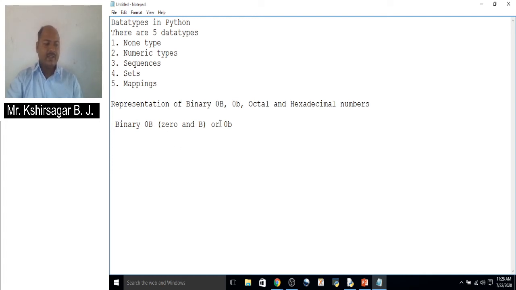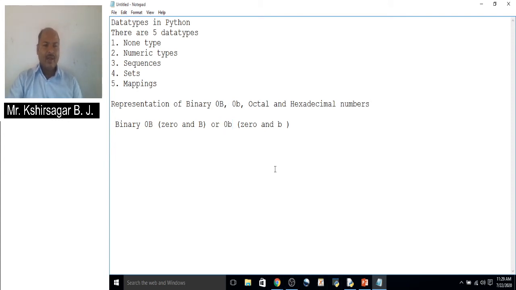So these are the ways of representing a binary number. Means, while writing a number, how will it be determined? It is a binary number by writing 0b or 0B.